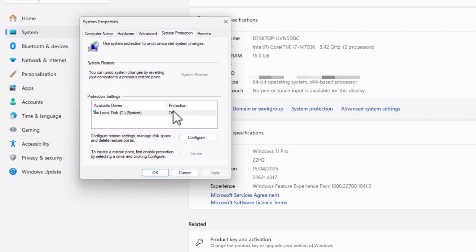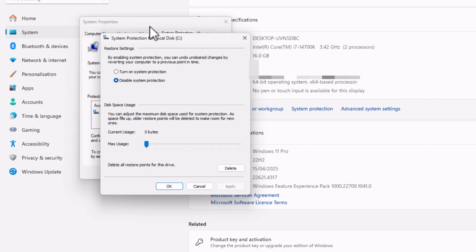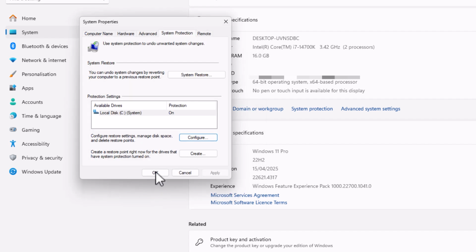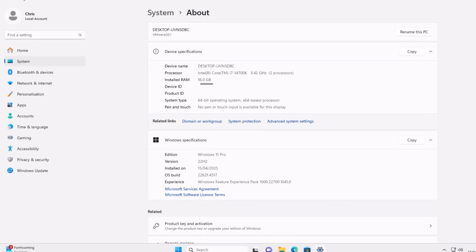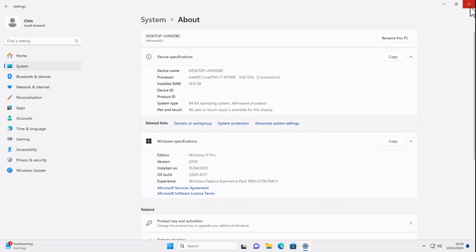So if yours is shown as off, as mine is, then click on Configure. And what I would suggest is click on the little circle to the left of turn on System Protection and just move that slider up one notch. Okay, so it's 1% or 2% just down there. Okay, and then click on apply and then click on OK. And then you can just OK this, and you can shut this down by clicking on the cross in the